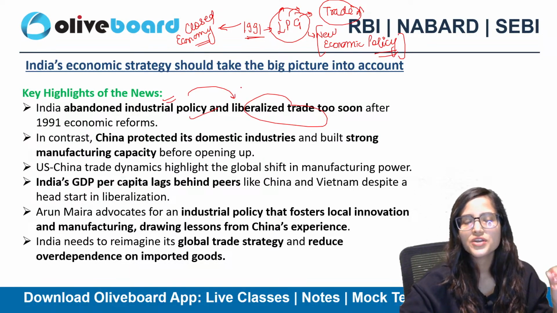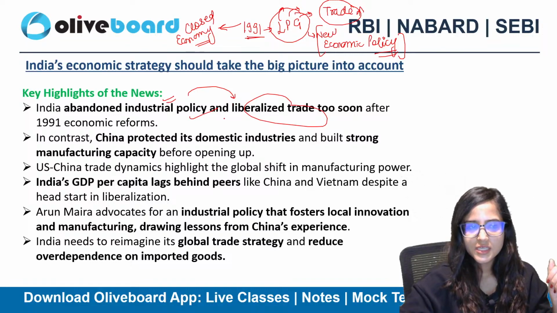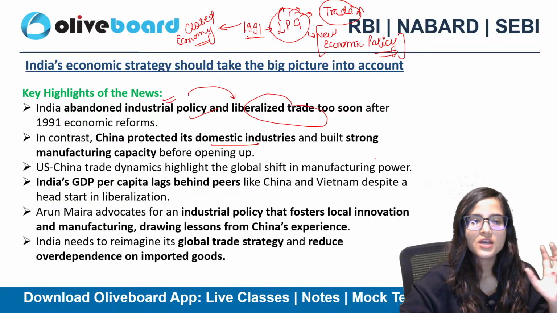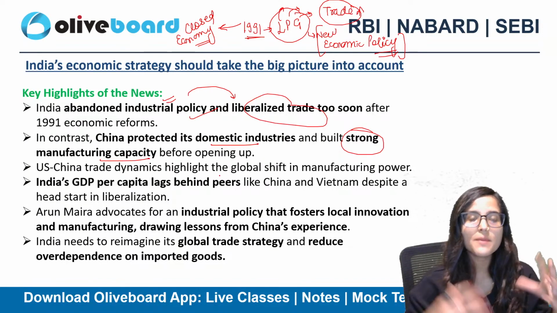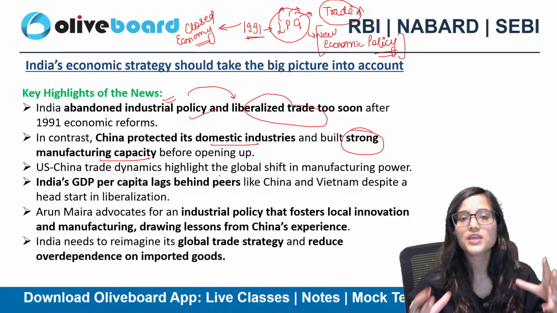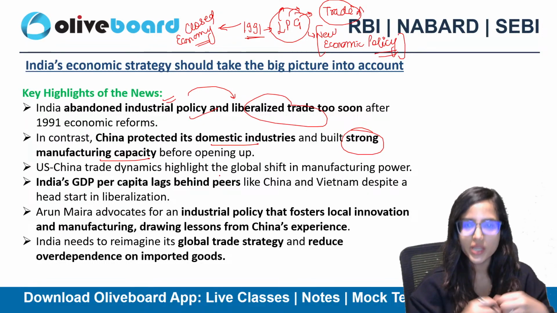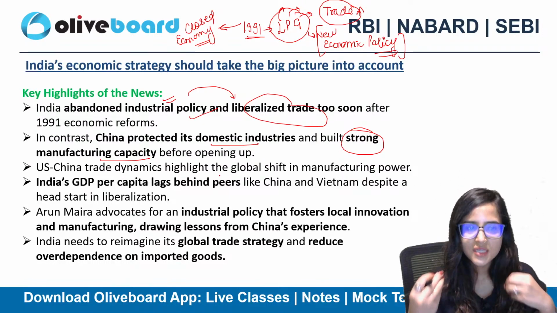ठीक है। But China, on the other hand, protected its domestic industries and उन्होंने क्या किया, tried to build a strong manufacturing capacity। तो open up करने से पहले उन्होंने focus किया कि वो अपने domestic industries को protect करें, manufacturing capacity बढ़ाएं। And